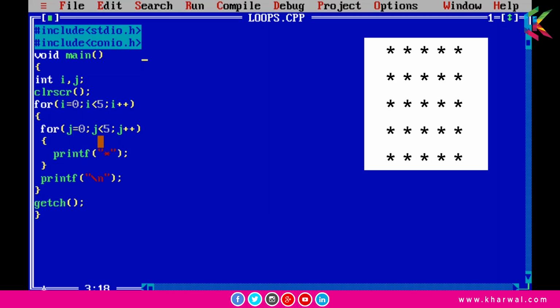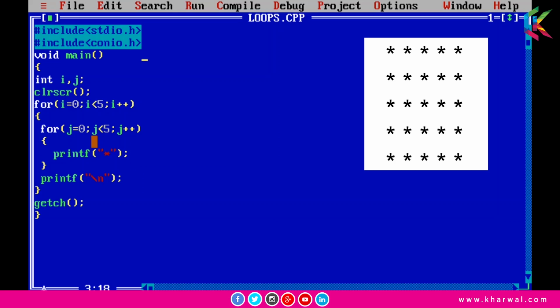So this condition will be true, and then it will print the first star in the second row, and then j++ will be executed. So the value of j will be 1, and 1 less than 5. So this condition will be true, and then it will print the second star in the second row. After that j++ will be executed. So the value of j will be 2, and then it will again check this condition, and so on.